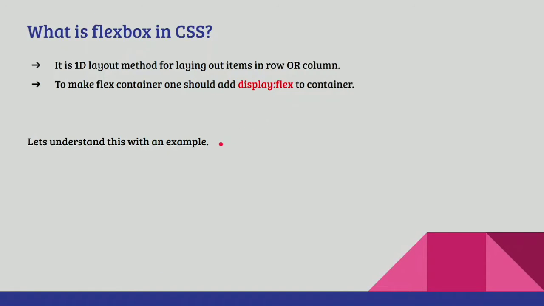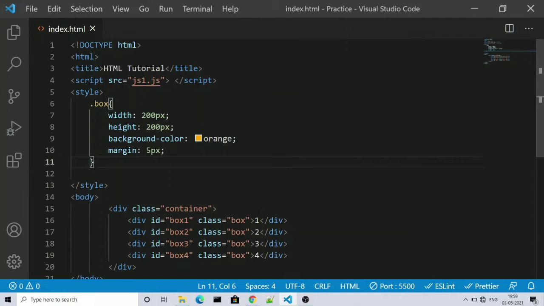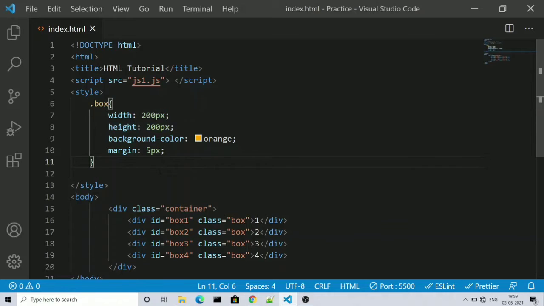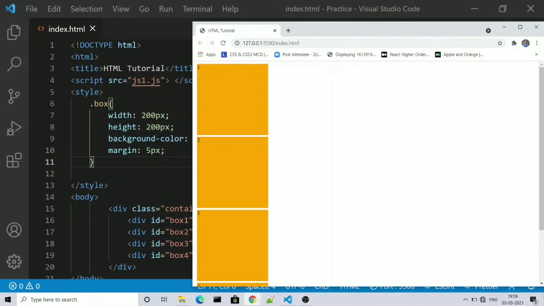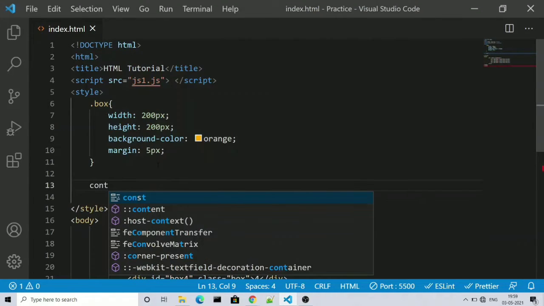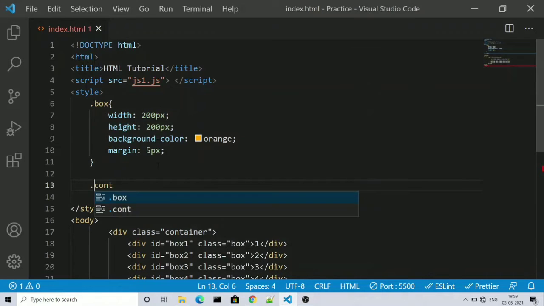So let's understand this Flexbox concept fully in our VS Code. Here we have four boxes with numbers 1, 2, 3 and 4. To all these boxes we have already assigned some CSS properties so that these boxes will have proper shape. With this our boxes will look something like this: 1, 2, 3 and 4. Now we will apply the display flex property to our container and then understand all the things associated with display flex.